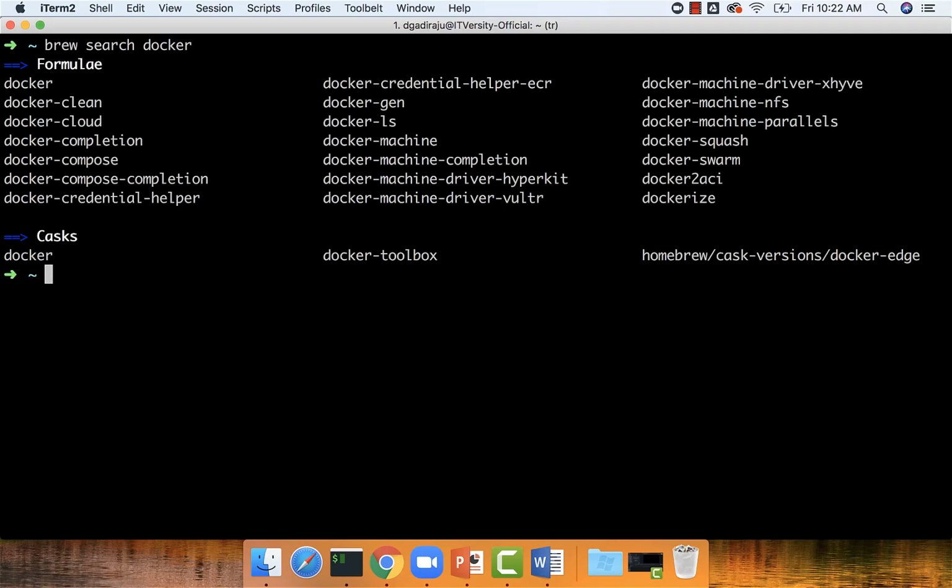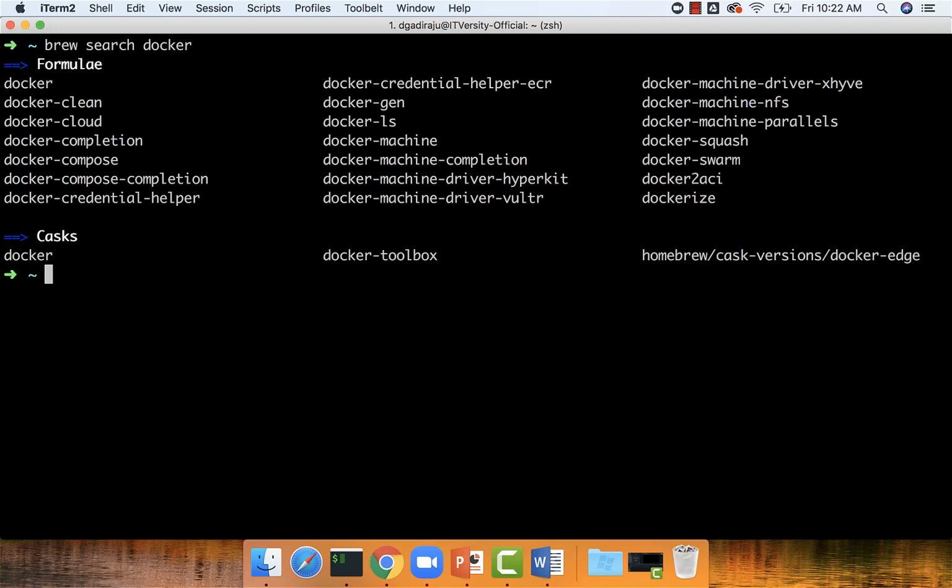As I have mentioned to you earlier, we can use Brew to install any application if there is a package available. To search if there are any packages with respect to Docker, we can say brew search docker, and if there are any packages with the term Docker in them, it will actually list those things here. There are n number of packages using which we can install Docker, and these are all related. We have to install one or more of these packages to have the Dockerized environment on our Mac. However, I will not be using any of these things.